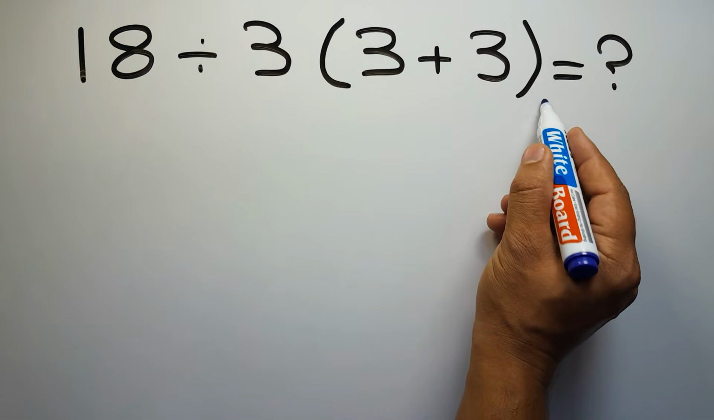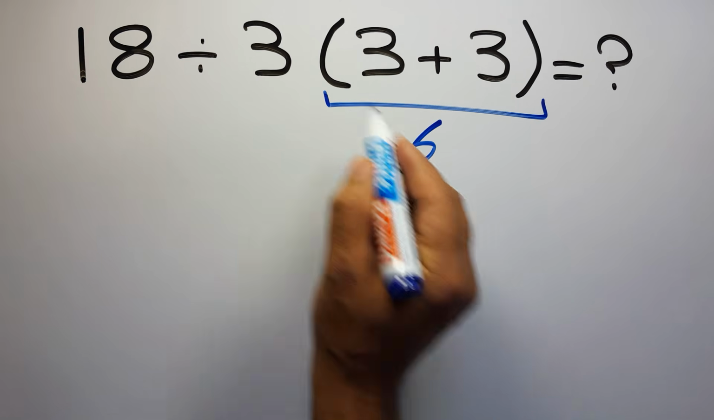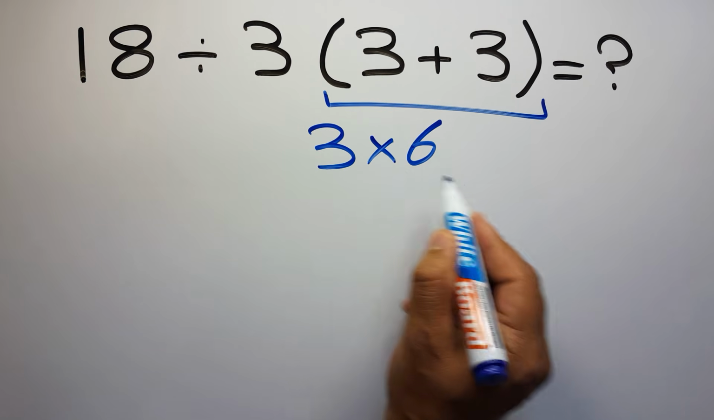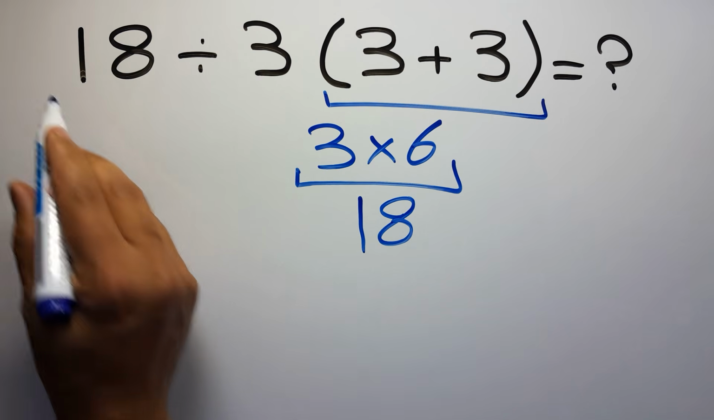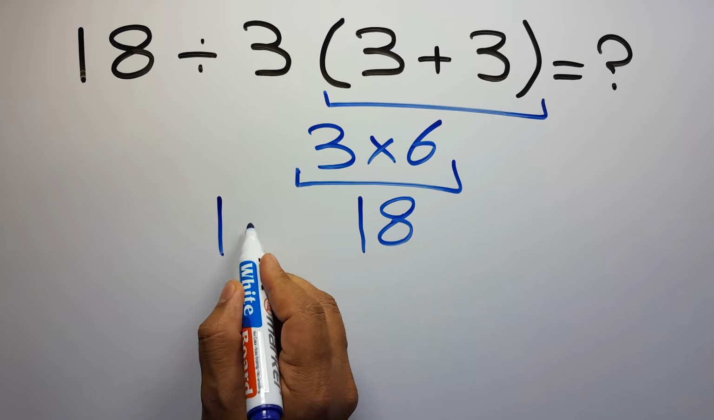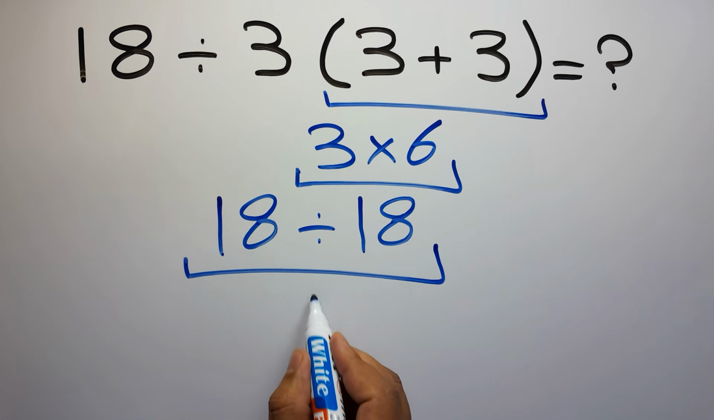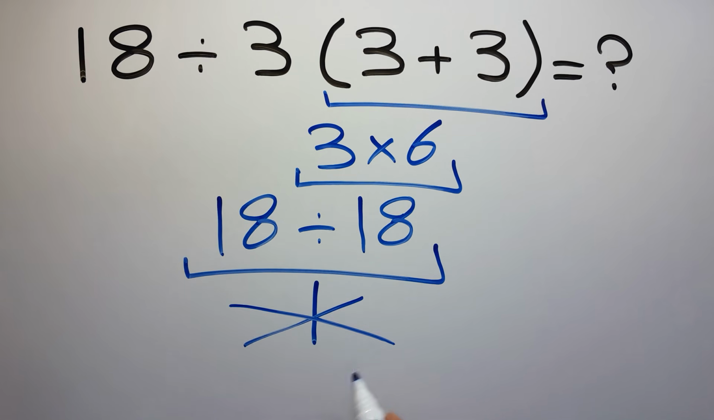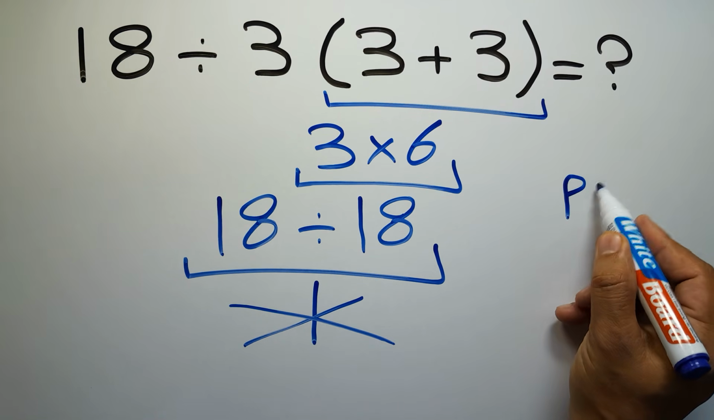3 plus 3 gives us 6 and 3 times 6 equals 18. So 18 divided by 18 is just 1. But this answer is not correct because according to the order of operations, which is PEMDAS,